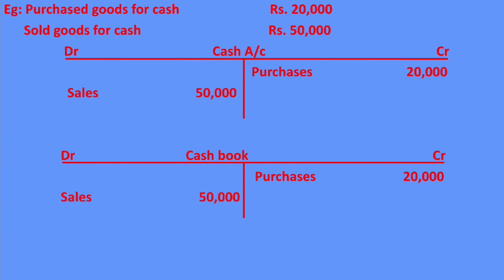Now we can see that there is no difference in both of these. No difference in the recording. The method of recording is different, but the result is same. Even there is no difference in the description. Same description we have written in both cash book and a cash account. Same amounts on both sides and also the same description. The method is different but the result is same. So we can say that there is no need to have a separate cash account in ledger if we are preparing a cash book.